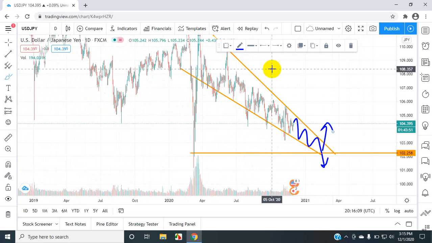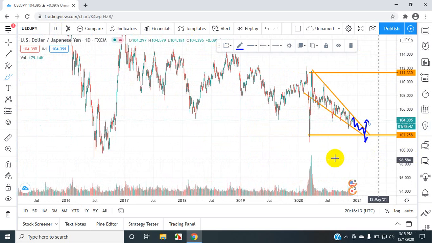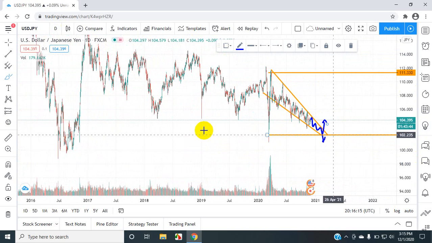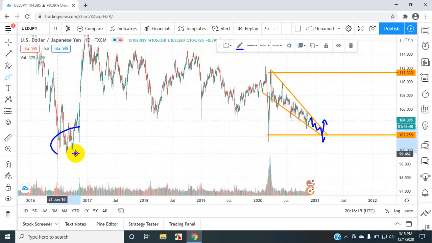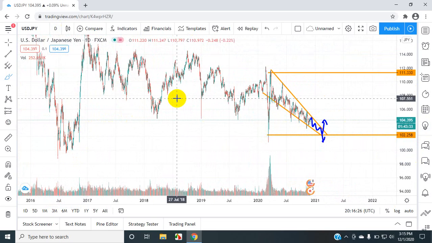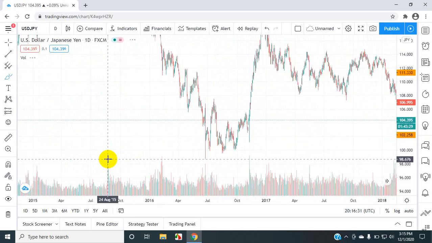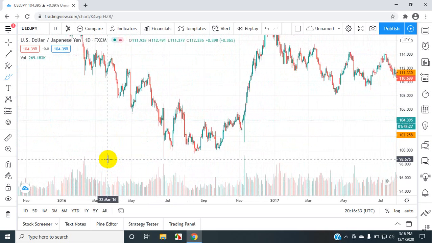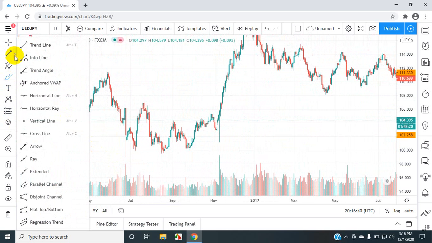So we're still going to do this on the daily. What we can do is go to the daily. We can look over to our left here, and you see this cluster. So this lowest low cluster of candles is the next lowest low. So what we're going to do is zoom in on this area, and we're going to find the lowest low, grab a horizontal line, horizontal ray,